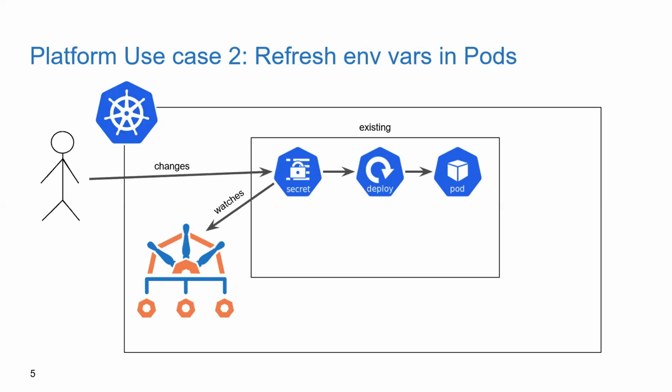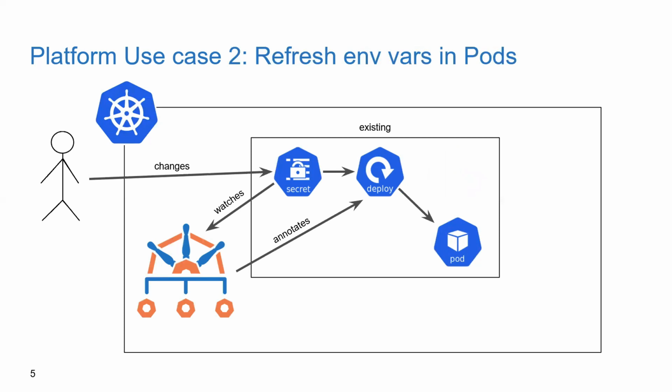And if a person or a process makes a change to that secret, Kyverno can snap into action, and it will annotate the deployment in such a way that it will cause a new rollout to occur, which will generate new pods that get the refreshed secret. And once that's complete, the controller will tear down the existing pods. So let's flip over to our demo